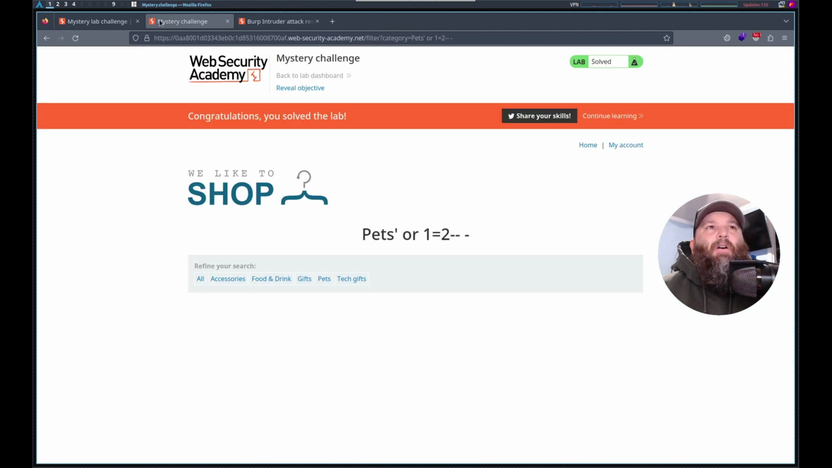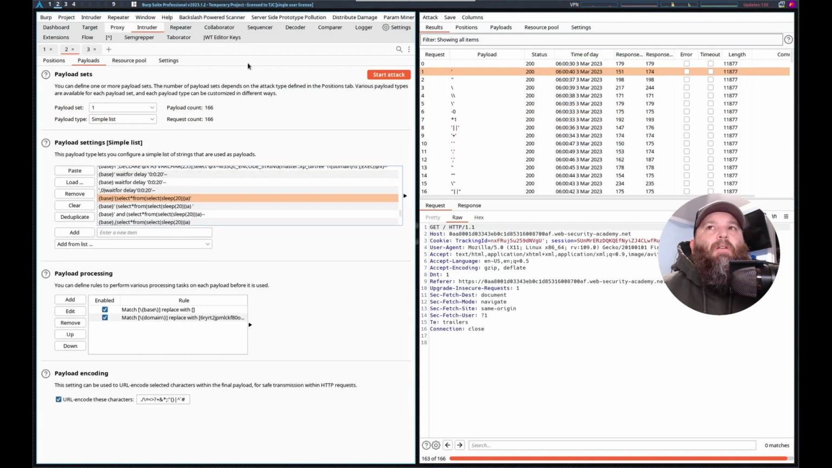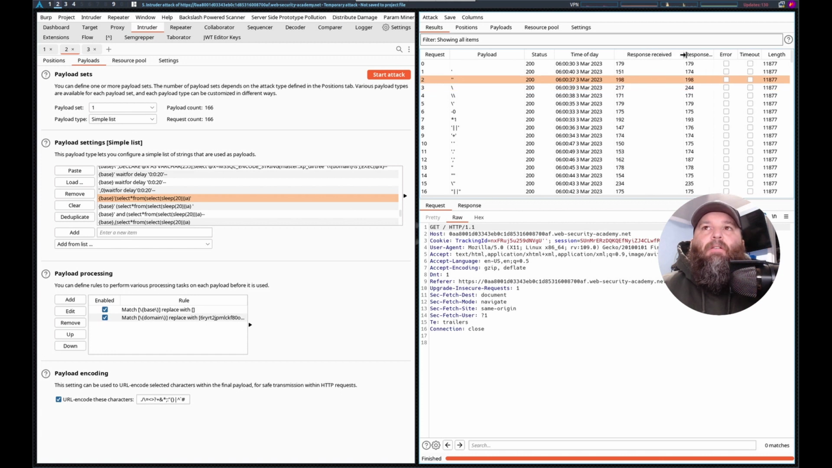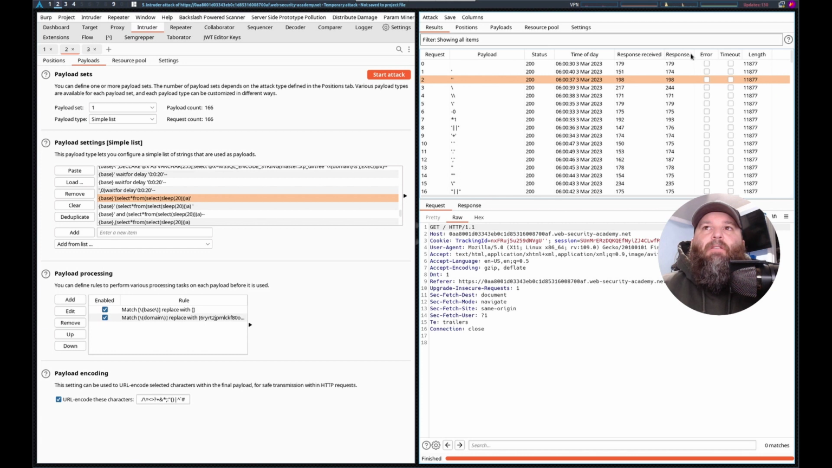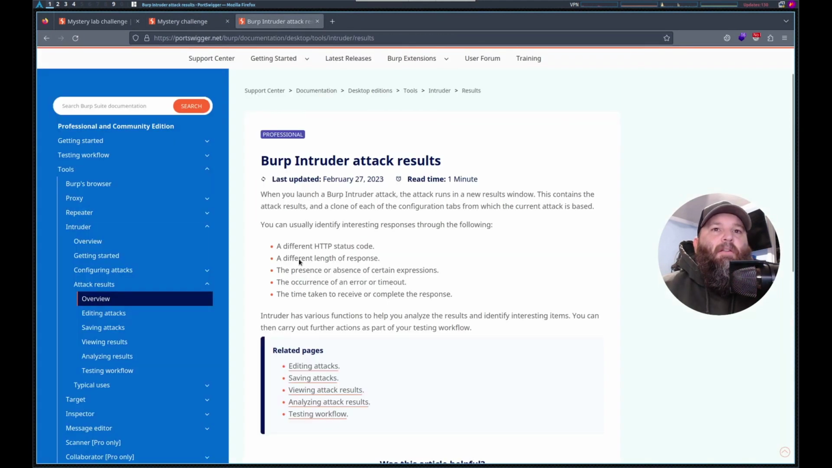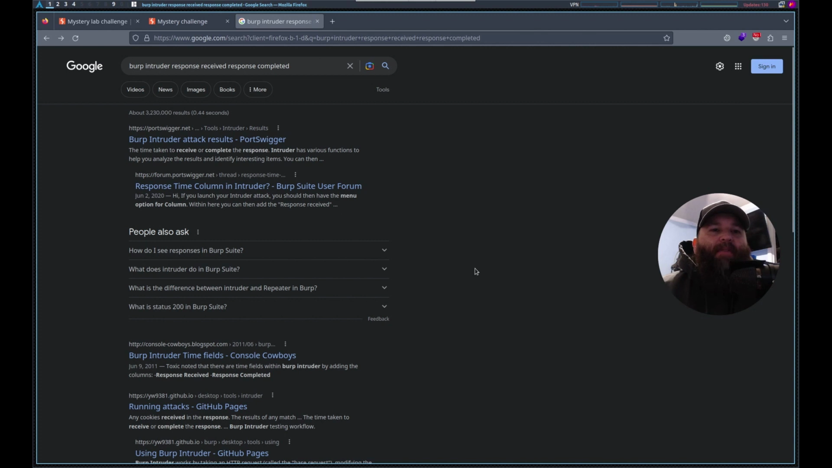How does it know? Oh, this must be, okay, so this must be from the time that we sent it to the time we receive a response. And this, because that's response received, response completed, and this, I don't know. That isn't time taken to receive or complete the response. What's the difference? If I receive a response,